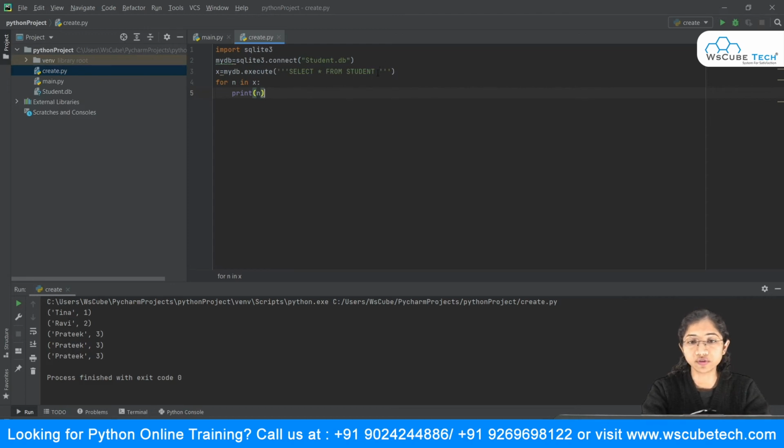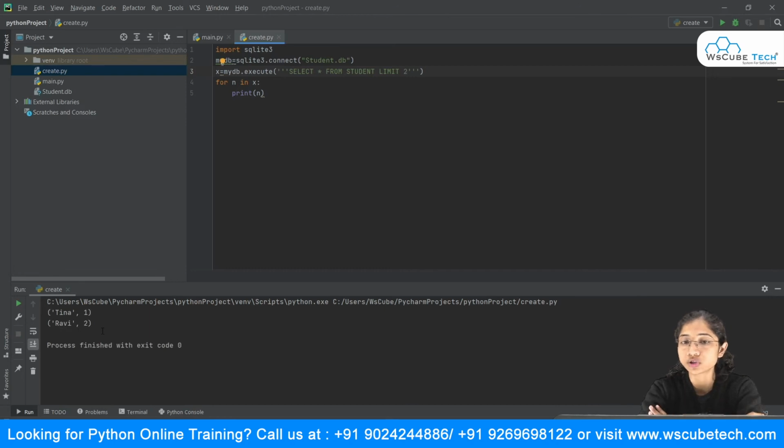In that case, I will head over to this execute method, and after select star from student, I have to write limit. So I will say limit and pass the limit as, suppose, 2. And as soon as you pass this as 2, you can see that you are getting only the first 2 records over here.